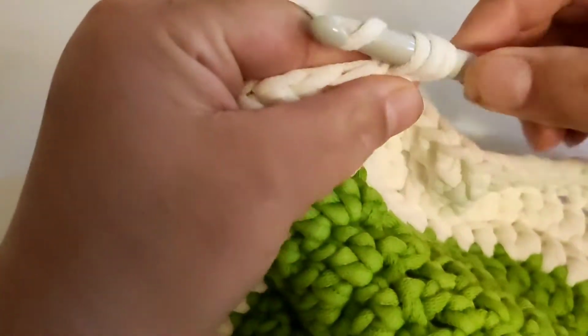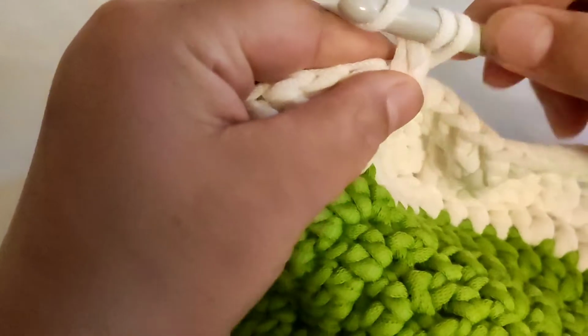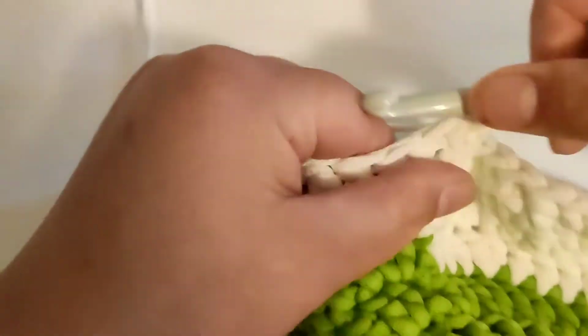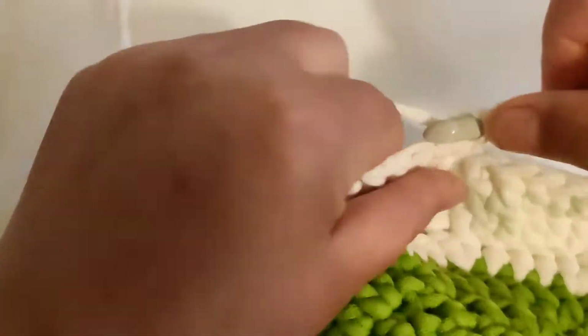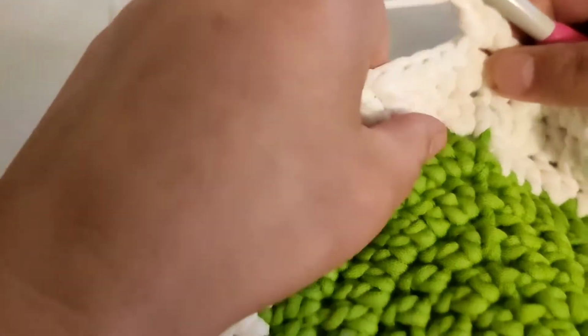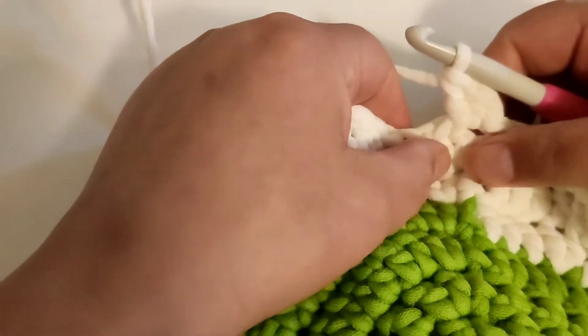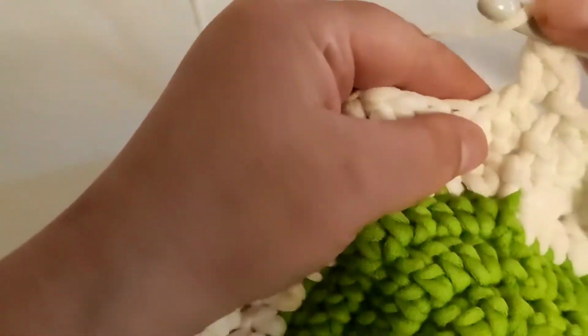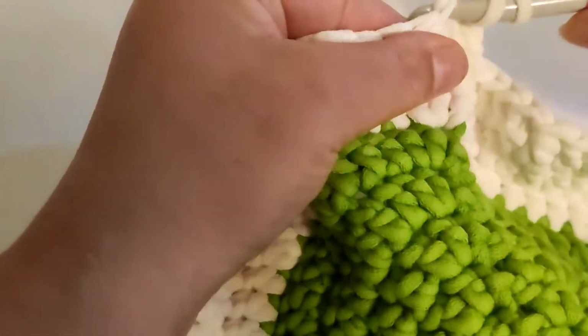So I'm going to work 2 double crochets into the first stitch, or referring to them as increases as well. And because the last round we had 4 stitches in between each increase, this time we're going to have 5 in between each increase. So we did our increase, and we're going to do